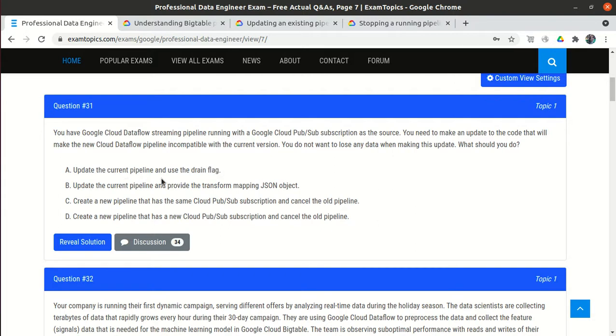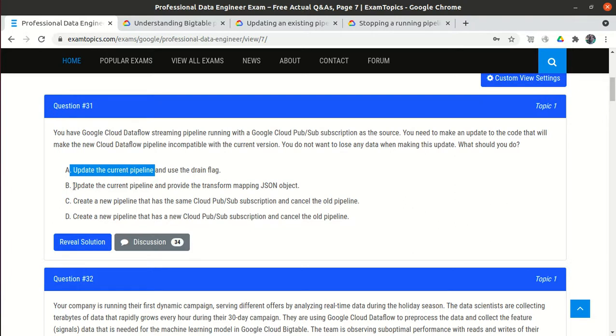So A and B both look okay, but in A it is just mentioned to update the current pipeline, that is, update the code and use the drain flag. We will use the drain flag, so we will not lose any data. But if we update the current pipeline, we will get the compatibility issue, right? How we will solve that compatibility issue is not mentioned.